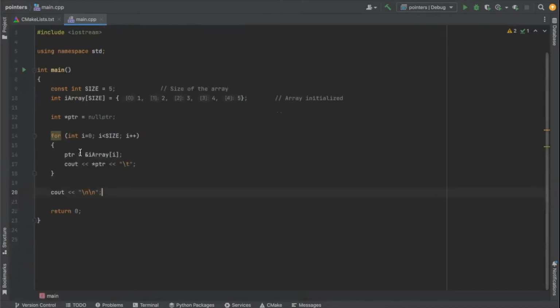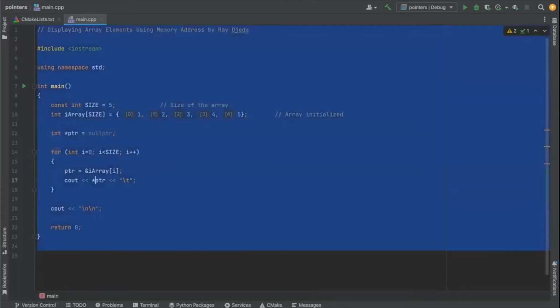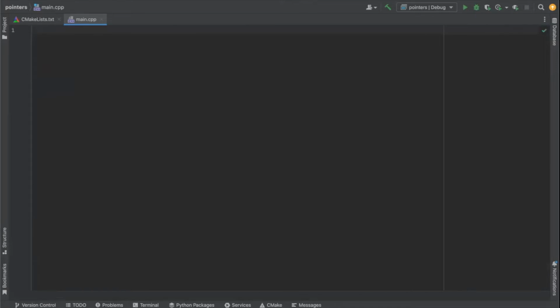So this is the third way of displaying an element, and I can access the elements, by the way. All I'm doing is displaying it, but if I wanted to change the value, we saw how asterisk PTR plus equals 10 will change the value, right? I can do that here. I'm not going to do it, but I could change the value of each one of the elements individually if I wanted to. But this is the other way of doing it. And there is, believe it or not, one other way